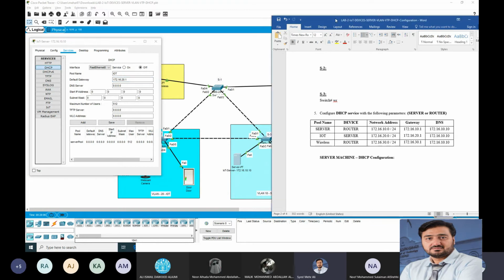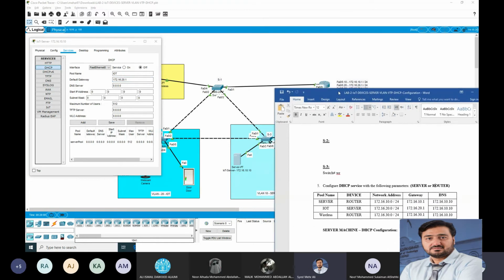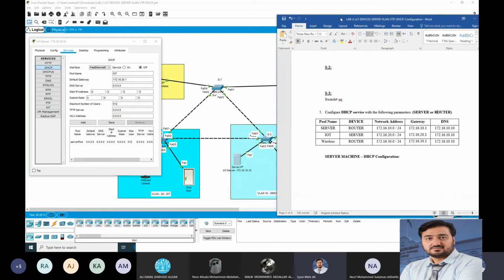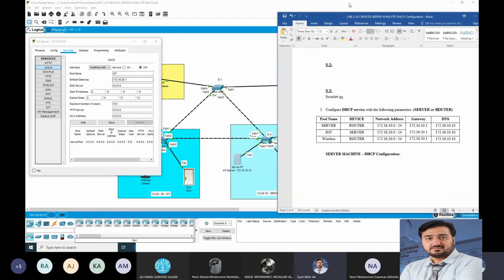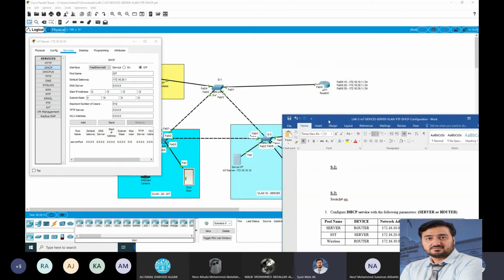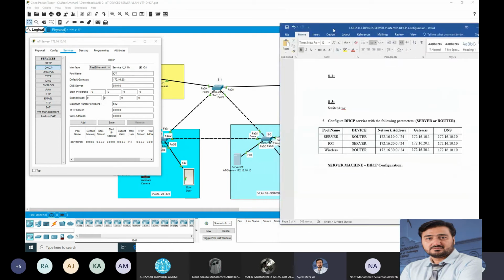172.16.20.1. If you see here, this is our 172.16.20.1, which we already configured as the default gateway on the router FA0/0.20, we configured 20.1. And DNS, we will configure just 10.10. The start IP address we will say